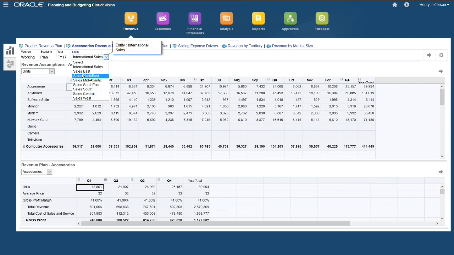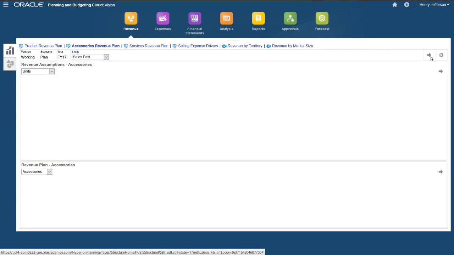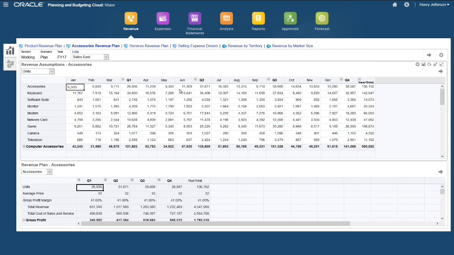If we change our point of view to Sales East, you'll quickly see that those products are included in Sales East. We can also take a look at this data from either a units, average selling price, or gross margin perspective. Let's take a look at a way we can actually do a global change to the year's total units